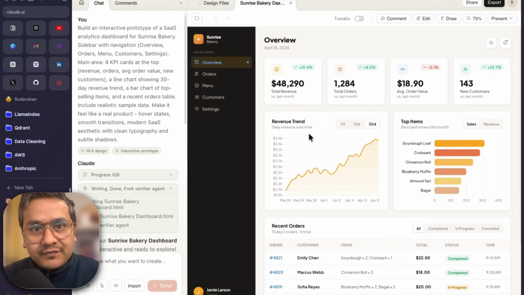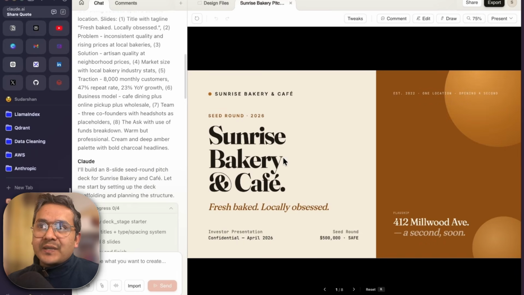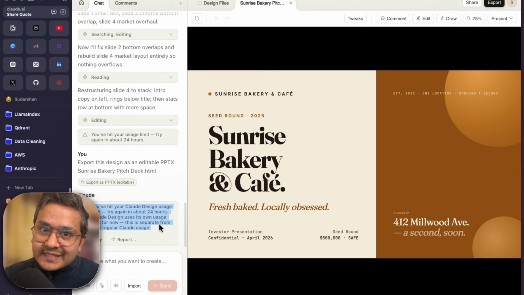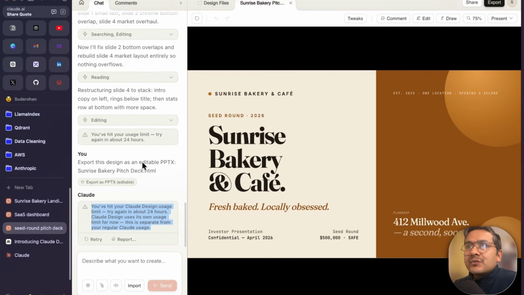because this is not in the free version of the Claude.ai subscription. You need the subscription for it, at least the Pro subscription. And also there are some limits that you hit, because when I was trying to create this slide deck I hit this limit. I will explain what this limit is all about and what the limit is in the existing Claude.ai subscription. Let's get started. Okay, so first things first, before going into the actual implementation, I will walk you through